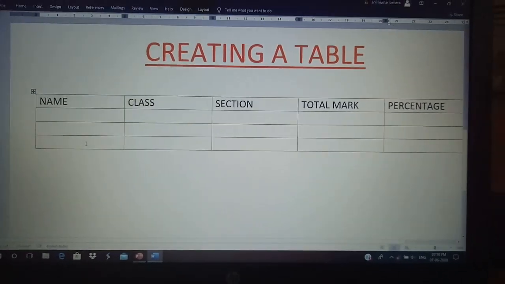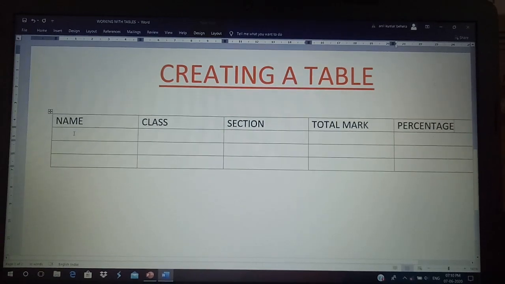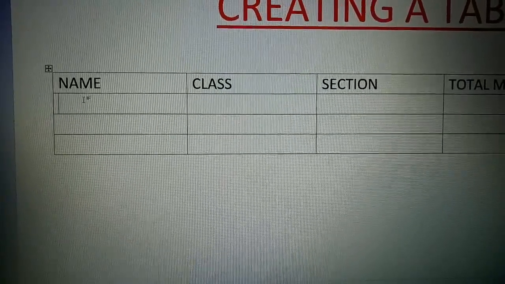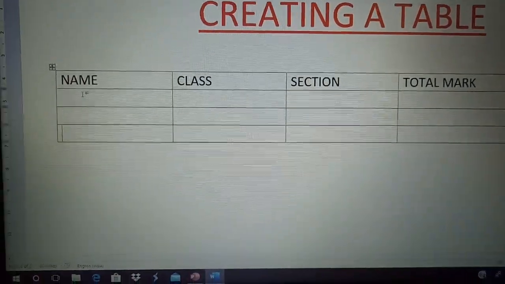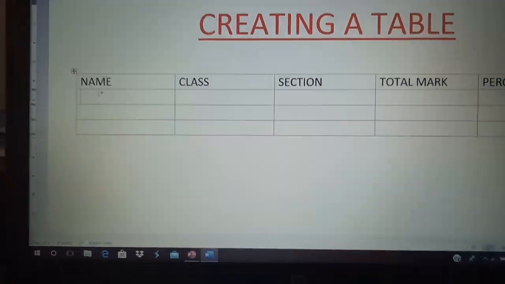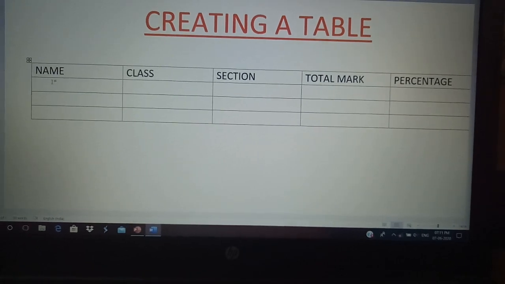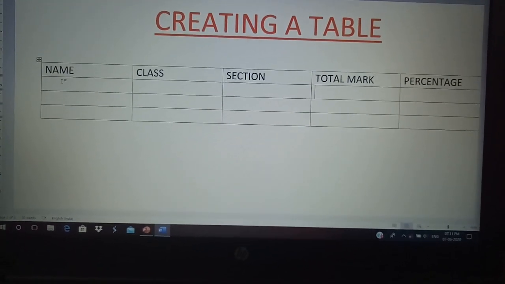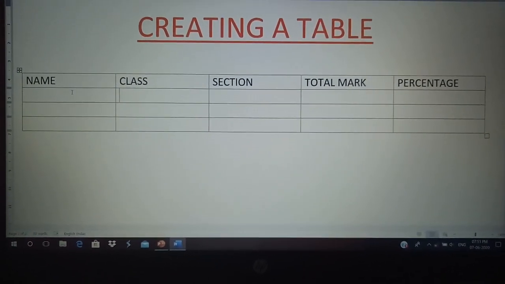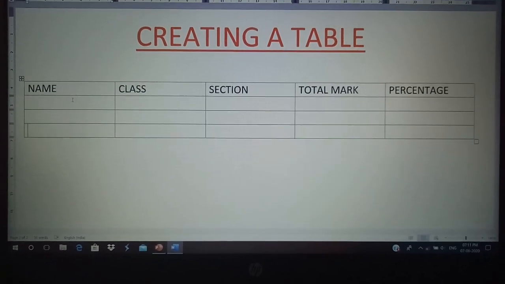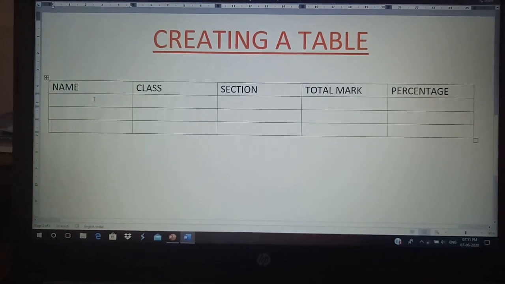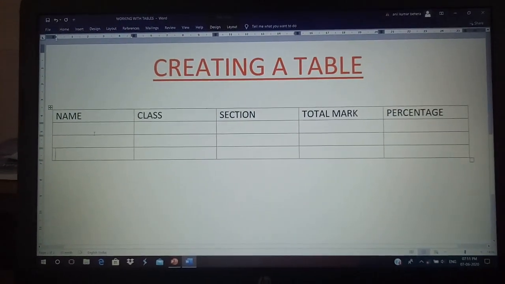Okay, so like this. Now if you want to go to the next row, just take your mouse pointer and click, or you can use the down arrow. If you want to move down the cells, press the down arrow, or the up arrow to move up. You can also move towards the right from one cell to the other. Arrow keys can be used, tab keys can be used, mouse pointers can be used. It's up to you, whichever you find easier. So move from one cell to another and fill the table with your required details.